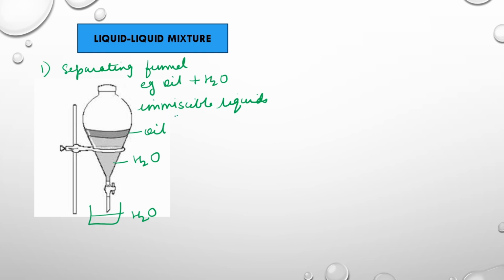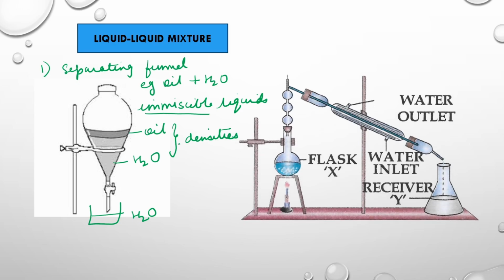So what are the two things which you need to remember for the separating funnel? That the given liquids are immiscible and they have difference in their densities. So immiscibility and densities are the two important aspects which you will remember for the separation of oil and water in liquid mixture. Second method is